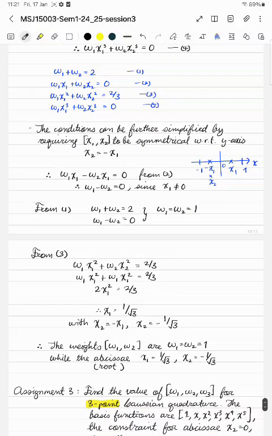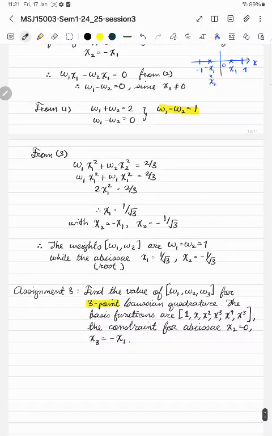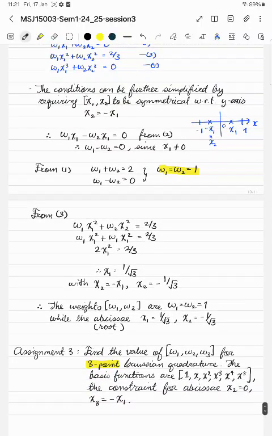So there you have w1 plus w2 equals 2 and w1 minus w2 equals 0. And the solution is w1 equals w2 equals 1. So this is the weight that we're looking for. The next one is, of course, to find the value of x1. Now, since we put the symmetrical condition here,